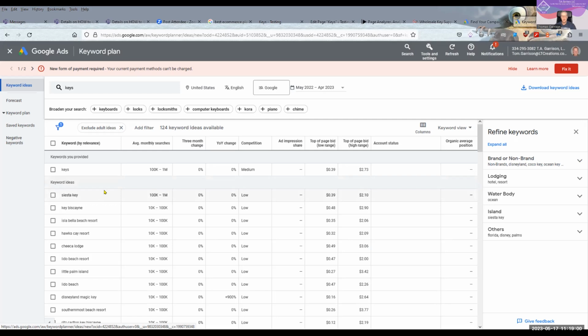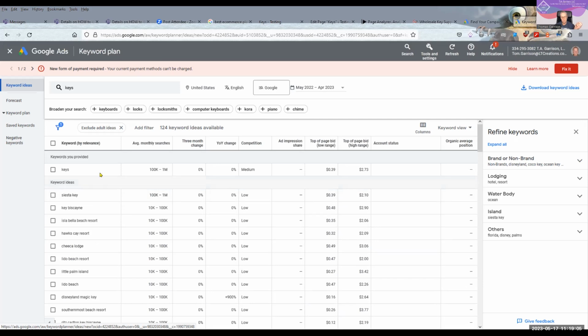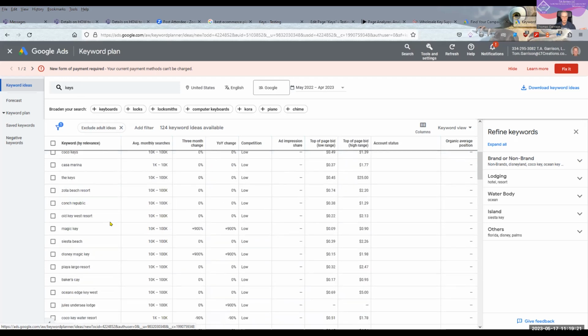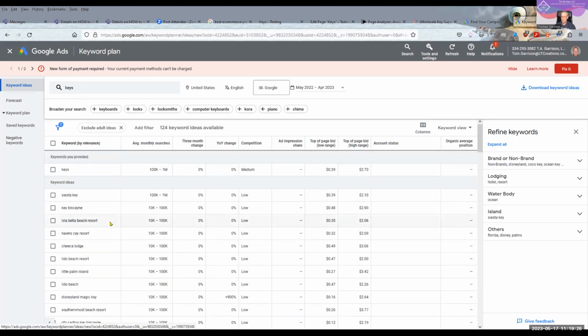The Google Keyword Planner provides a list of options, both examples and alternatives for that one search, that one word that you searched here in the Keyword Planner. I searched keys, and it's bringing up all these related terms over here on the left column. Anybody not see what I'm doing here? We can see it. Okay, good. In the second column, it's how many people per month have searched that particular term.